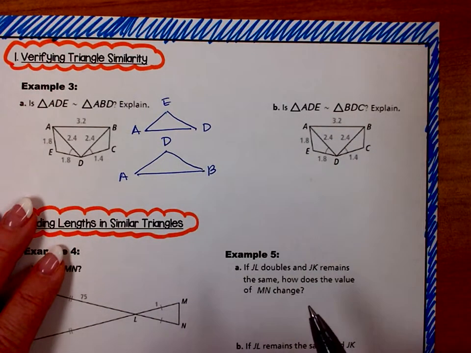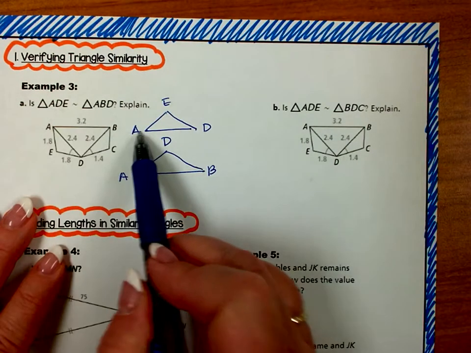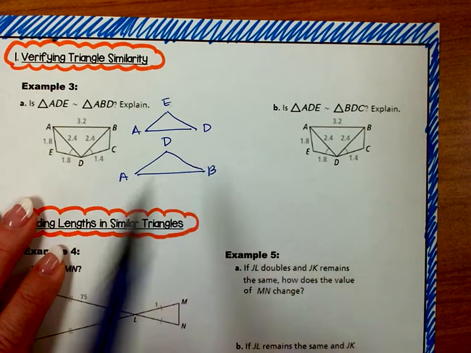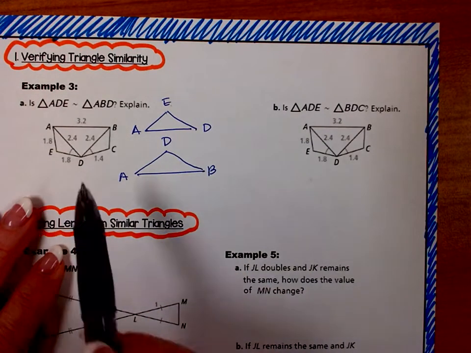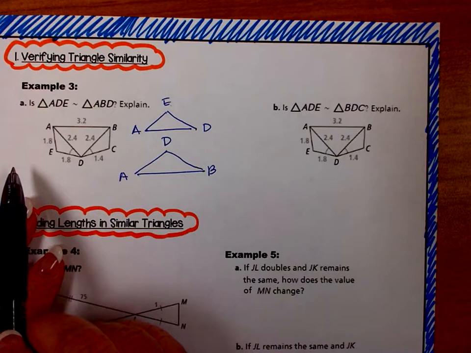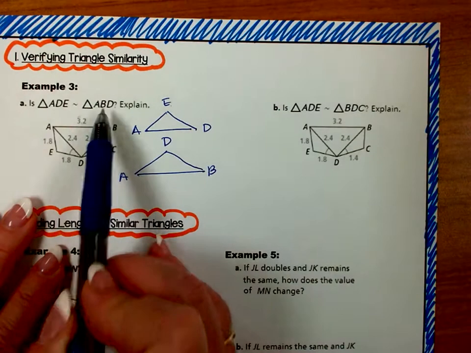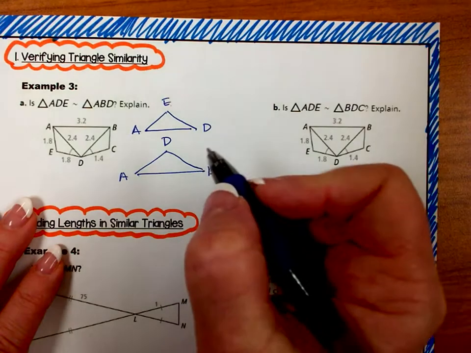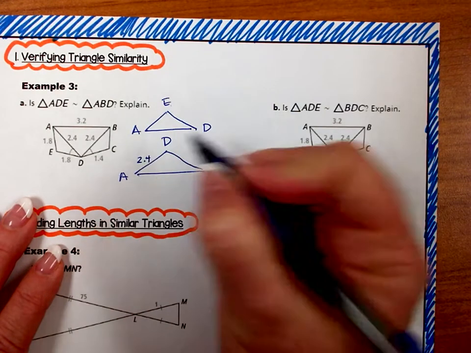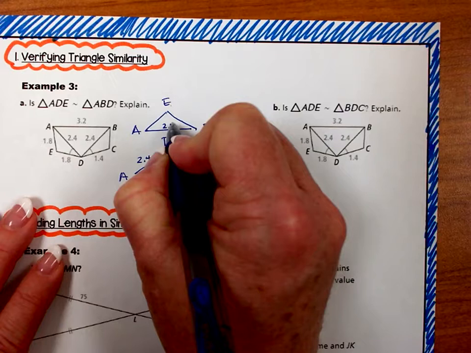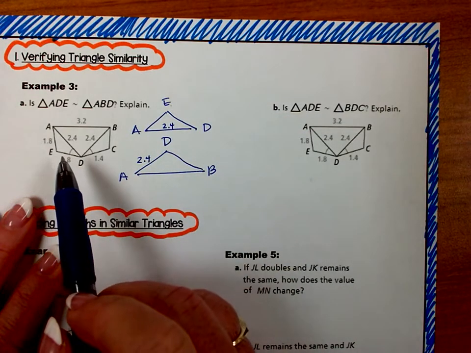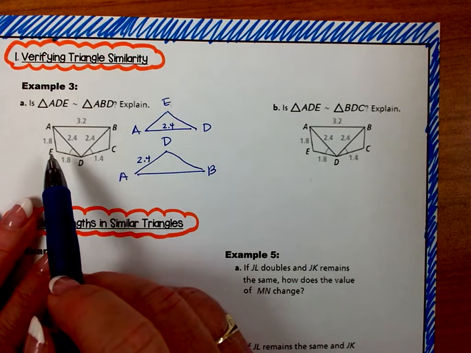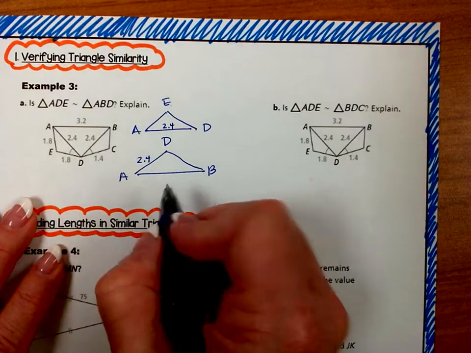Just make sure you draw them in the same order. So ADE and ABD. Okay, so we've got ADE. So let's look at AD and AB. So AD is 2.4 and also 2.4 here. And AB is 3.2